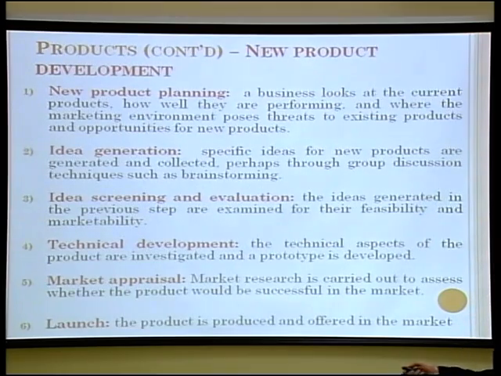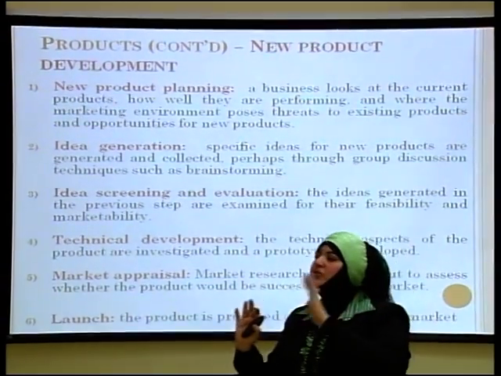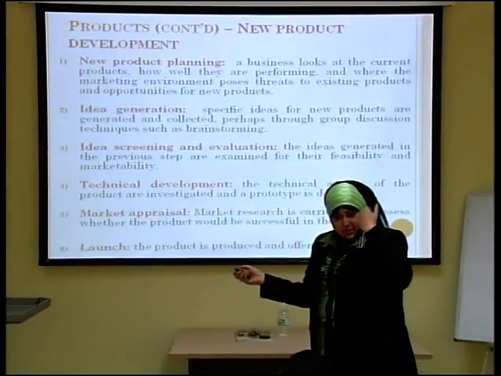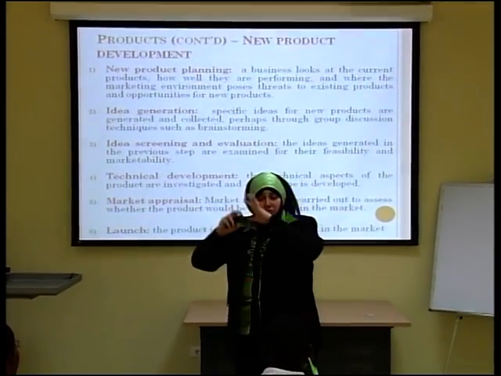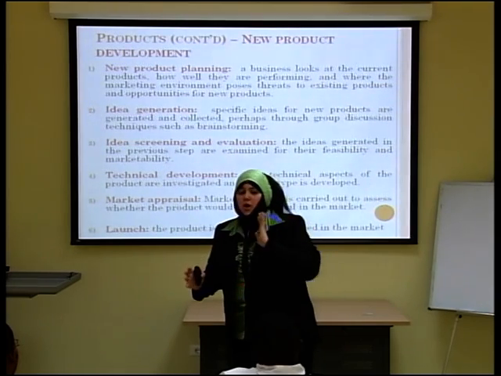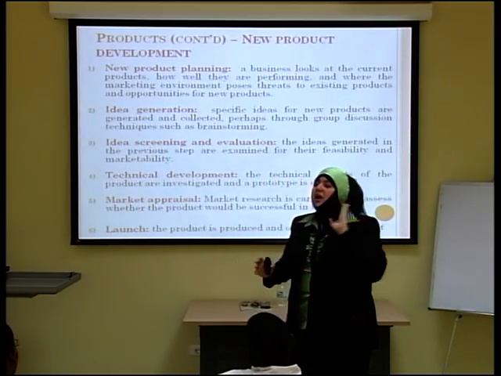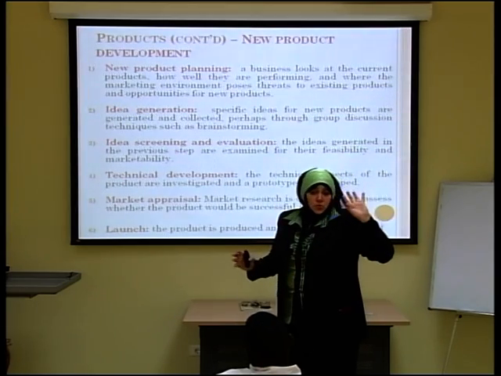Okay. For last time. All right. The technical development. Now, you decided, as I told you, you came up with 100 ideas. And then in step number 3, which is idea screening and evaluation, you have different ideas for different products. Based on the evaluation of these different ideas, you decided to produce a car. This is one of the ideas, offering a car to the market. So you decided to produce this car.